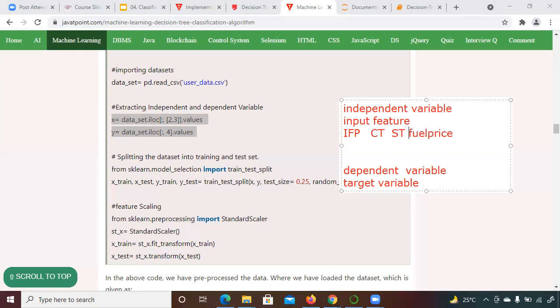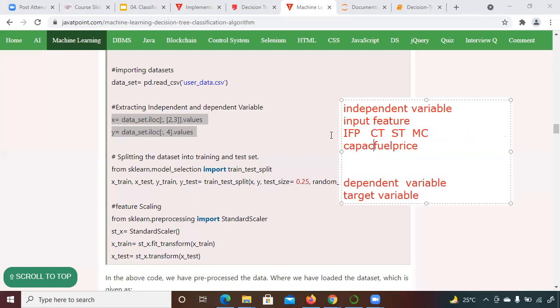State taxes, and market condition, like change in the dollar price or market scenario, and administrative cost. I'm writing ADC, administrative cost. So here, what are your input features?